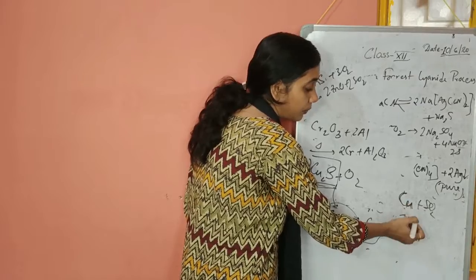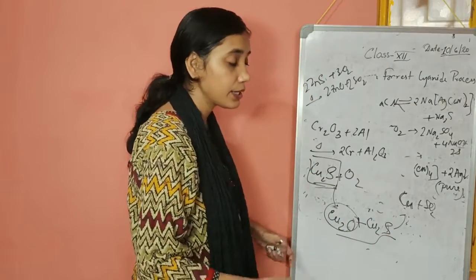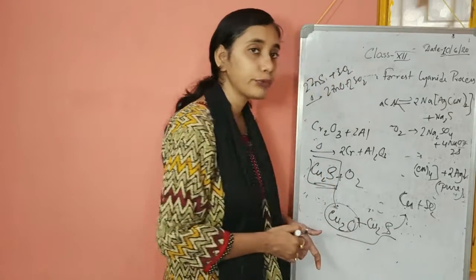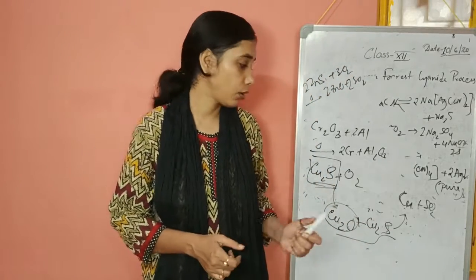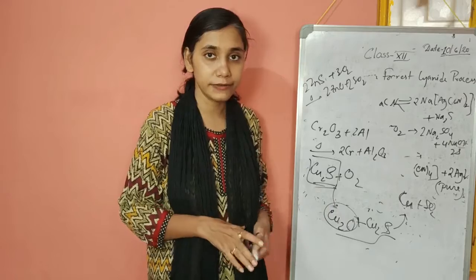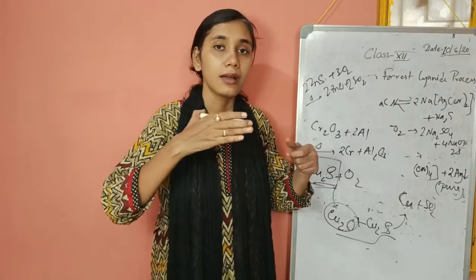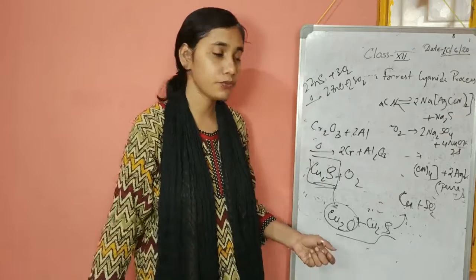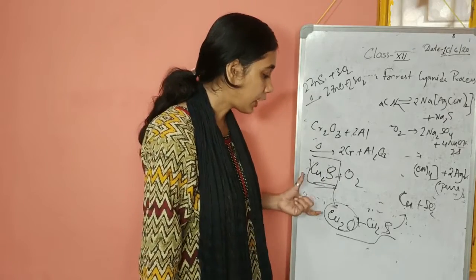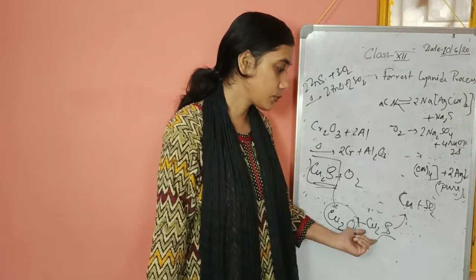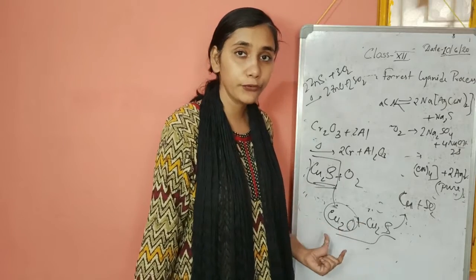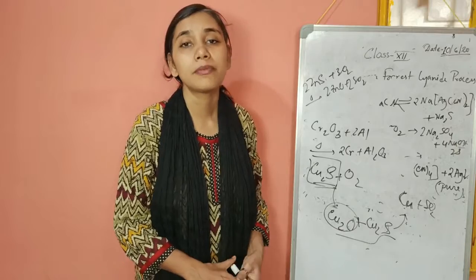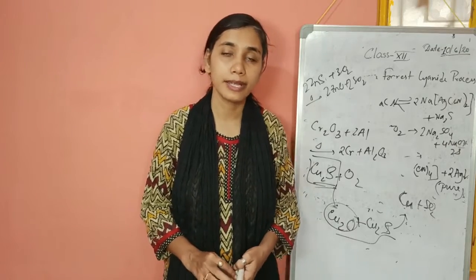That means you are not adding any reducing agent from outside. So outside addition of the reducing agent is not done. The cuprous sulfide, that is the copper glance, partially gets oxidized through the roasting process to form Cu2O, and then both of them, Cu2O and Cu2S, react to form copper. That is the self-reduction process. So these are some reduction processes I am covering up to today.